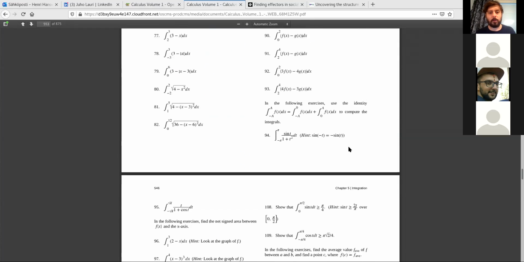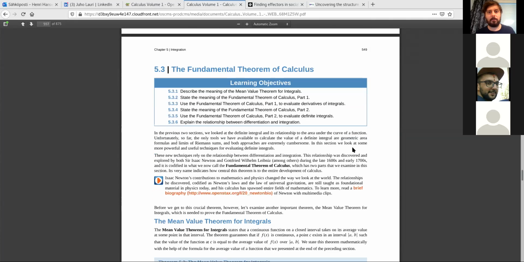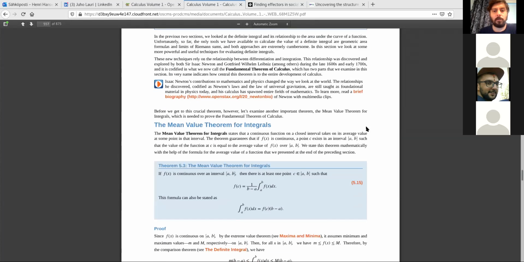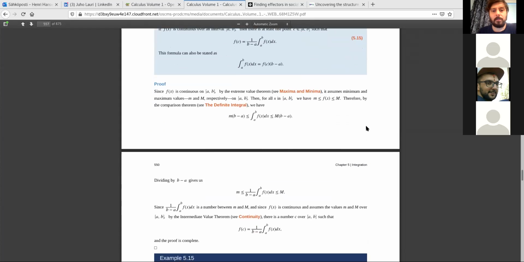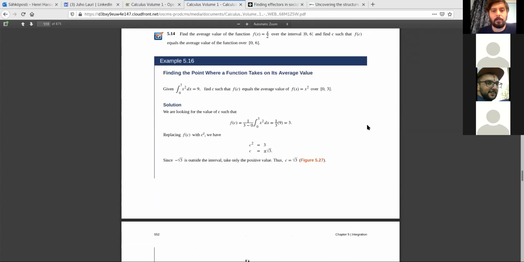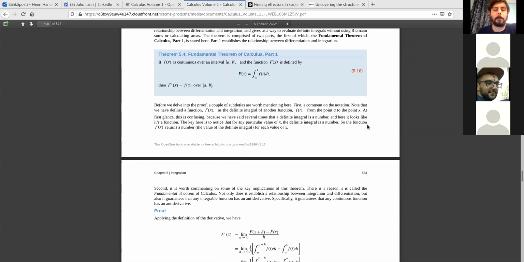Next week, we will move towards the fundamental theorem of calculus. The fundamental theorem of calculus is really powerful. I'm going to state it now before we stop for today. The fundamental theorem of calculus states that